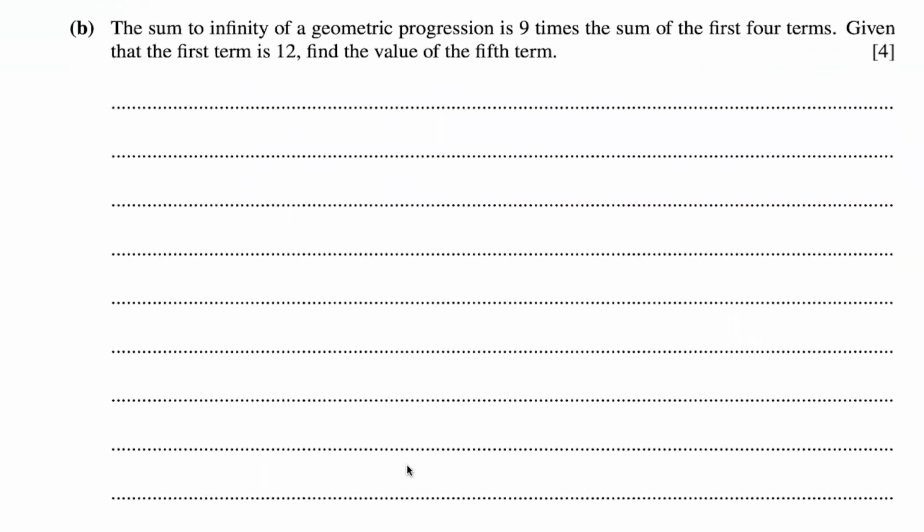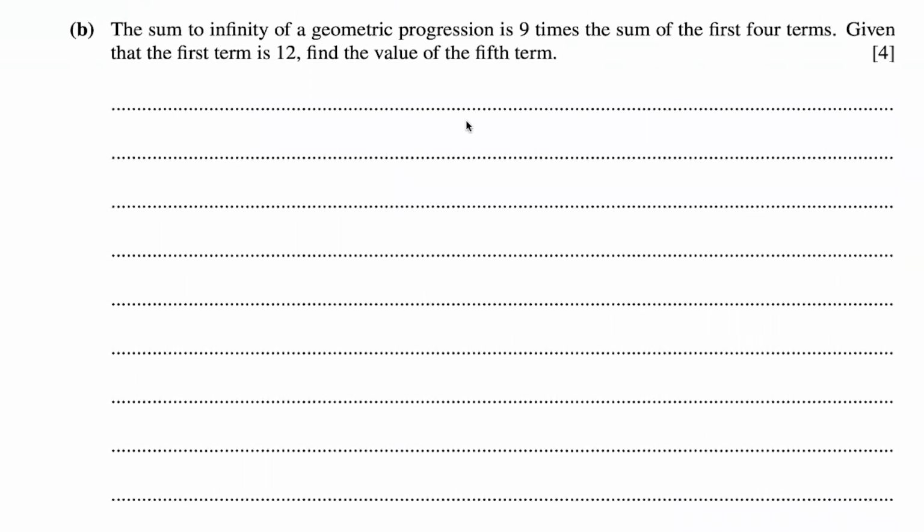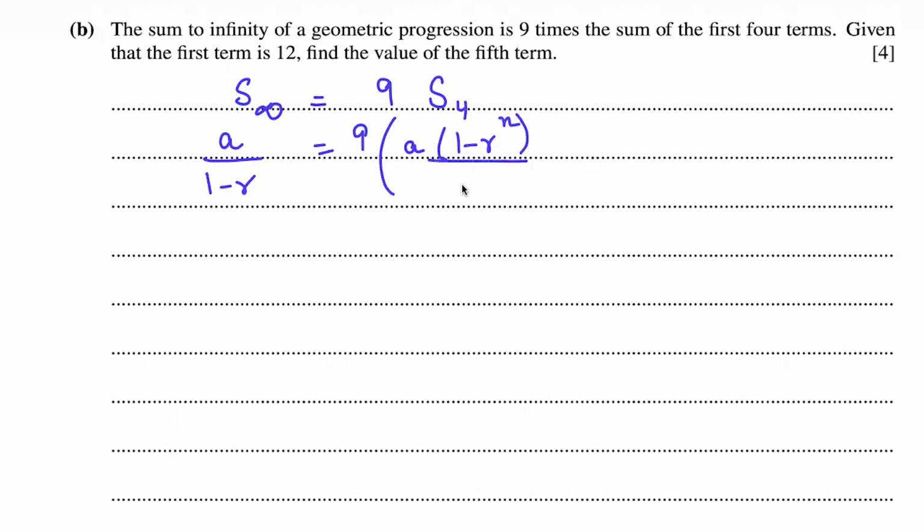In part B, the sum to infinity of a geometric progression is 9 times the sum of the first 4 terms. So we can write that the sum to infinity is equal to 9 times the sum of the first 4 terms. We know that the formula for sum to infinity is a upon 1 minus r, and the formula for sum of a geometric progression is a into 1 minus r to the power n upon 1 minus r. The first term is 12, so we can write a is equal to 12 upon 1 minus r is equal to 9 into 12